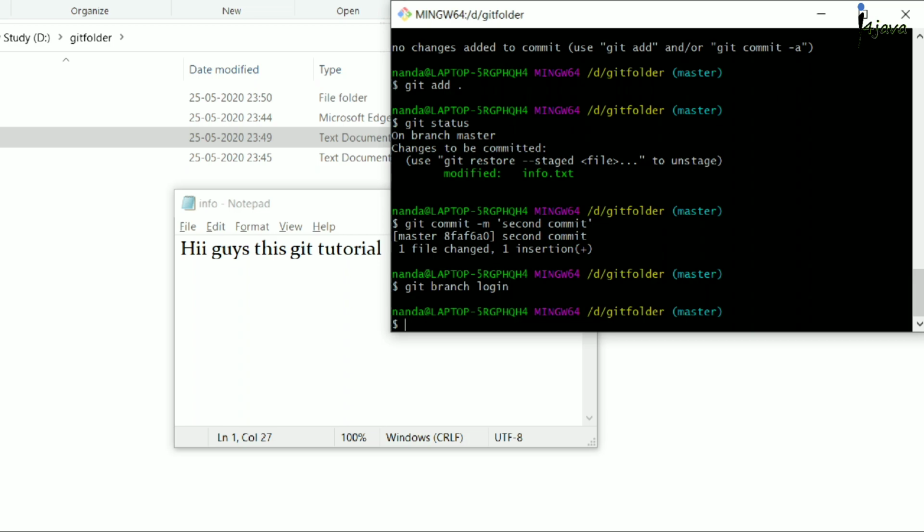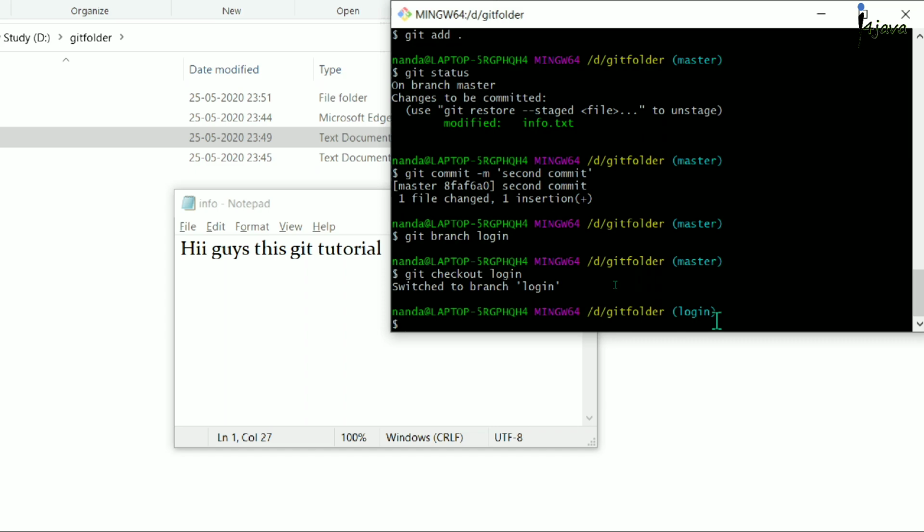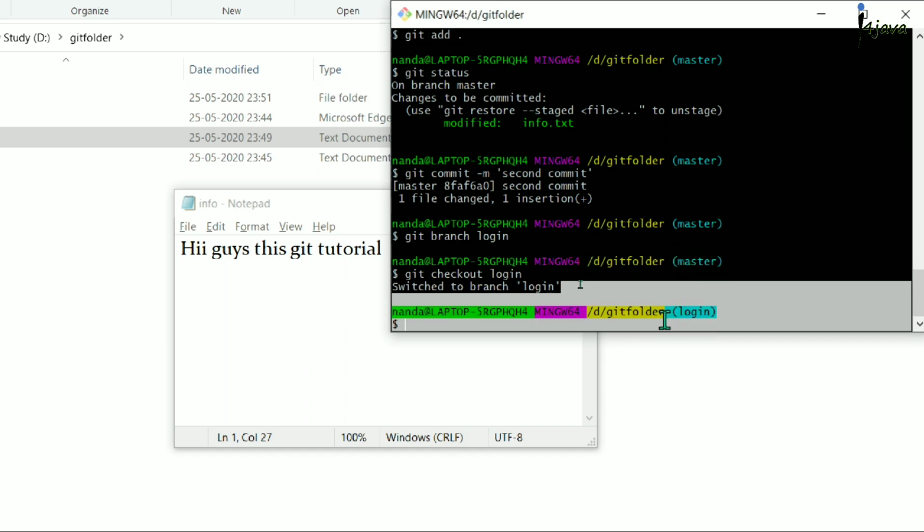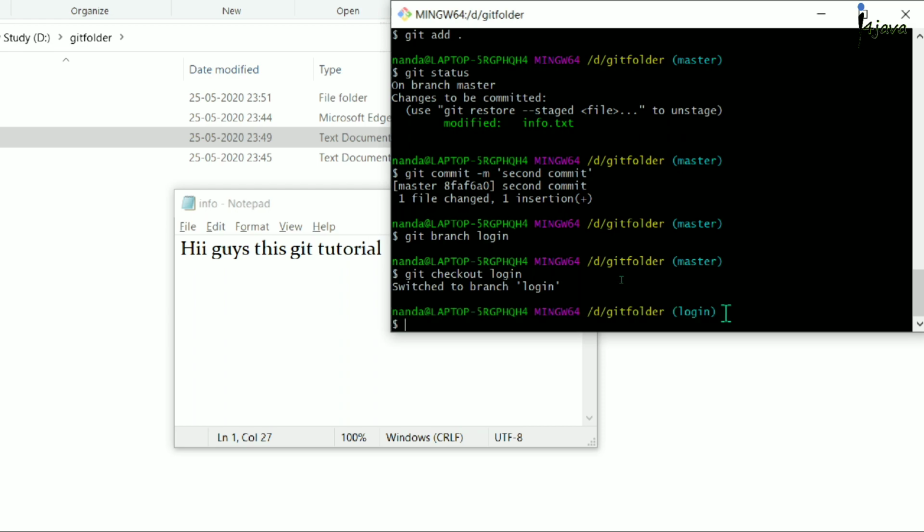To switch between branches, we use the command git checkout. By using this command you can switch from one branch to another. So let's go to our login branch. Here you can see we were in the master branch and now we are in the login branch.